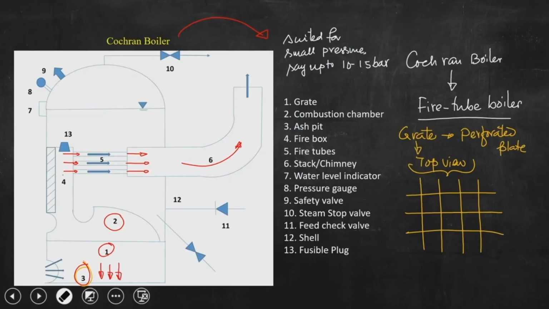So, water level indicator, pressure gauge and safety valve. As I told you, the objective of placing a water level indicator is to always check the water level in the drum. If the water level falls below that particular level, it is an indication the operator gets that he or she needs to take special or preventive measures, because if the water level falls, that means